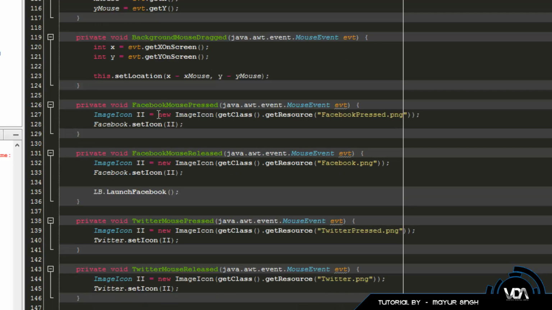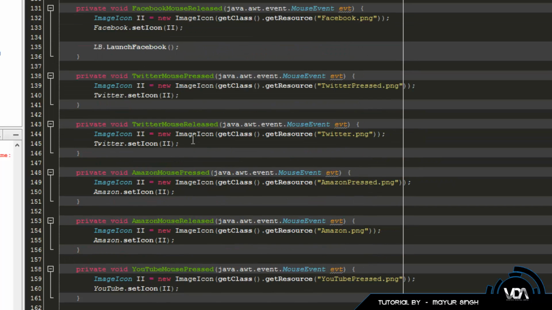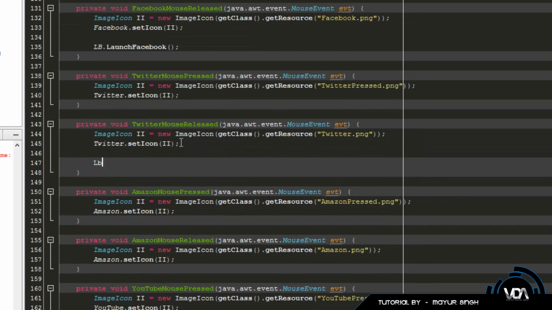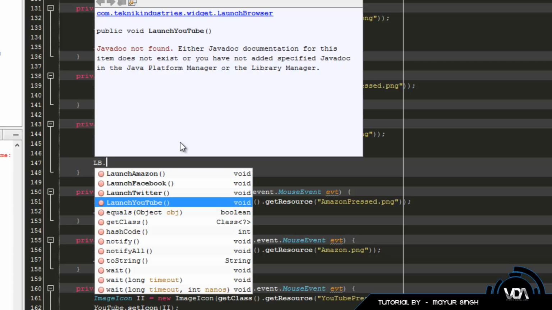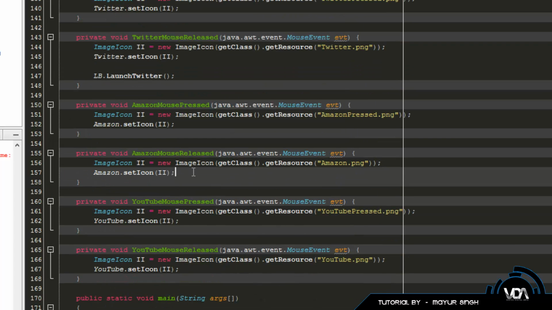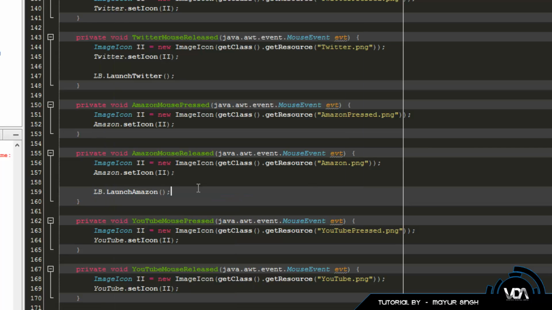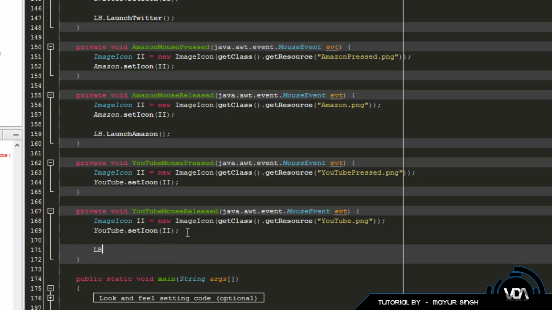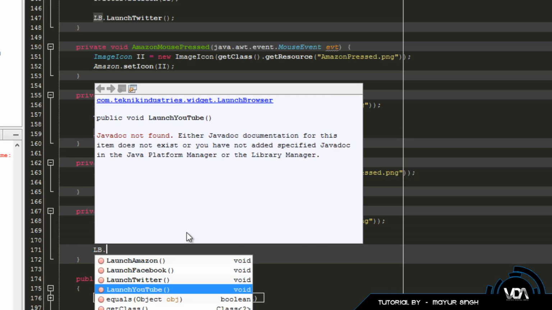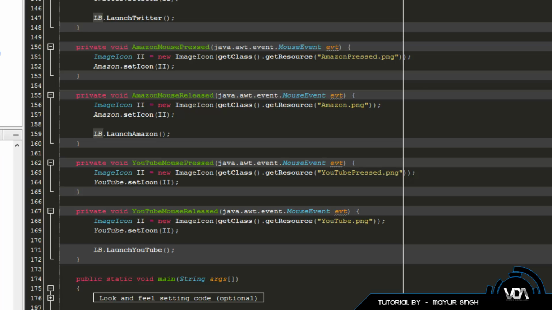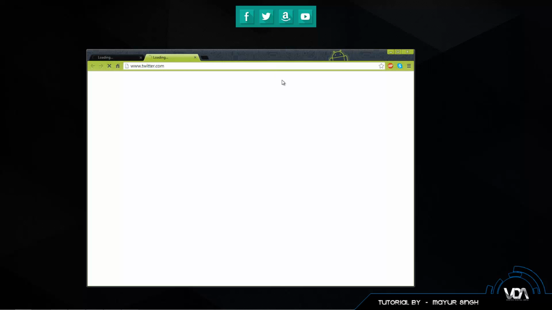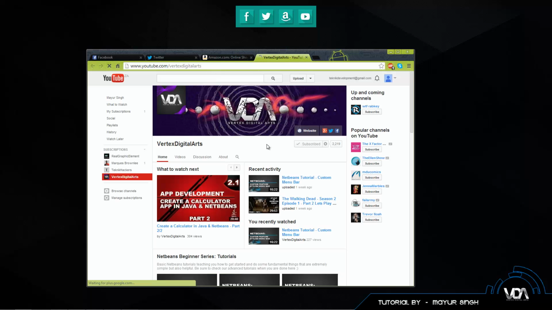Now all we have to do is go back into our code, look for the Twitter mouse release bit of code, and type in lb.launchTwitter. And you're basically going to do the same thing for Amazon: lb.launchAmazon, and then the last one is the YouTube one: lb.launchYouTube, and now we should be good to go with our widget. Now when we run this, you can see we click on Facebook, it opens up facebook.com. Click on Twitter, it's opening up Twitter, amazon.com, and then youtube.com/VertexDigitalArts, which is our channel,